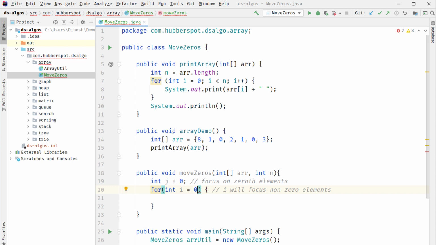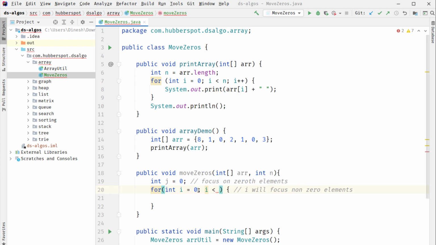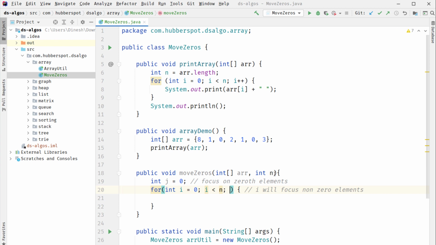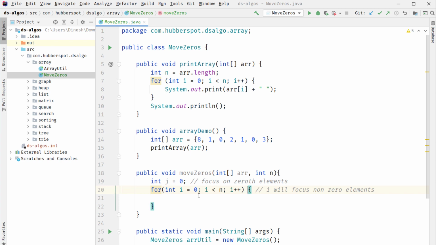And as we want to iterate each and every element of this array, we'll provide this for loop where i will traverse from 0 and it will go to a value lesser than the length of the array, which is nothing but the value n. And after each iteration, we'll simply increment the value of i by 1.